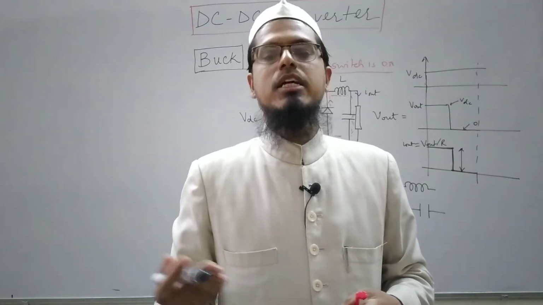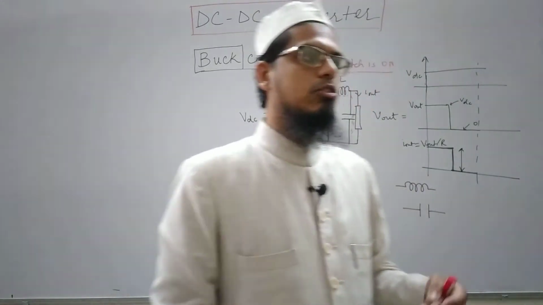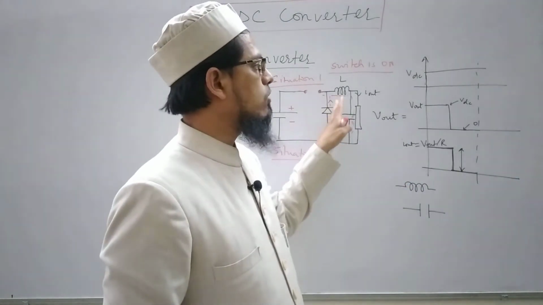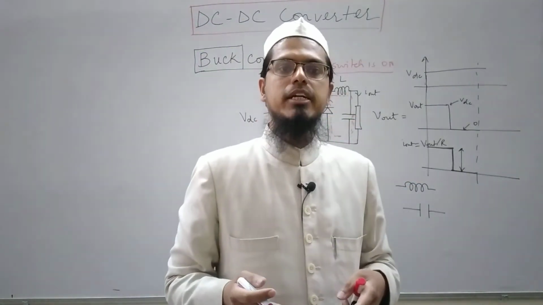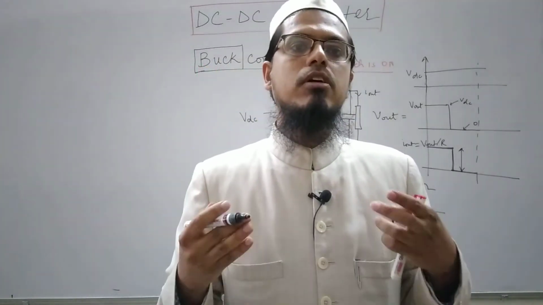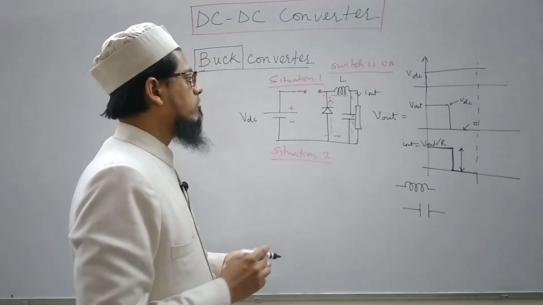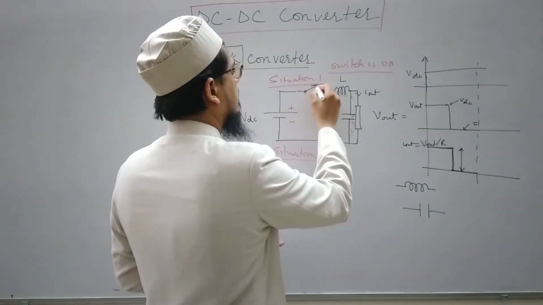Moreover, we have to provide the current path when it is flowing through the inductor. So these three components, the diode, inductor and capacitor, have to be added to the buck converter configuration to have a smooth operation. So finally we have this circuit,